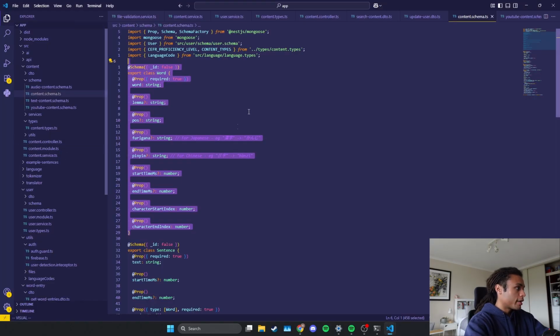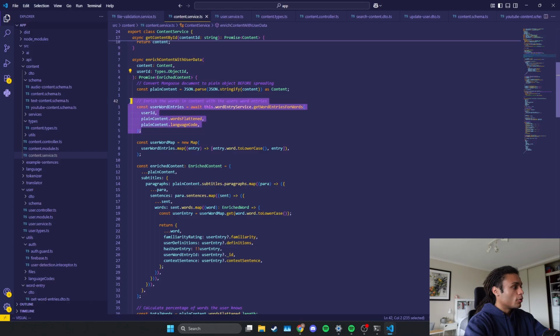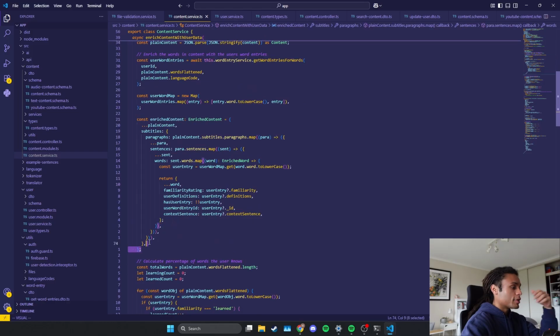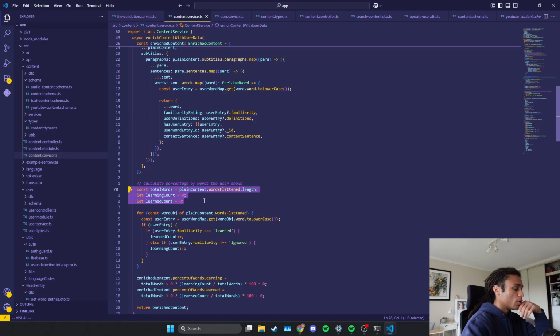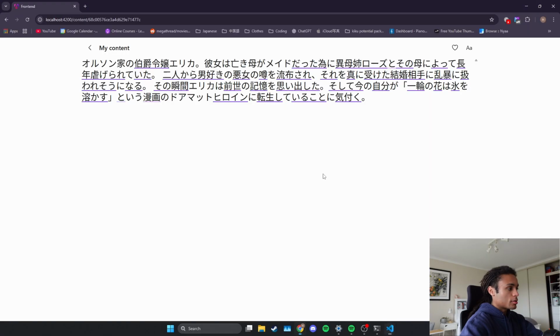what I need to do is, before I fetch the content, combine the user data with the content. To do that, I just got all the user's saved words. Here is where I'm actually enriching the content with the user data. I'm going through all the paragraphs, sentences, and then words in the content. If the user has an entry for that word, then I'm updating it to give it their familiarity, what definitions the user has for that word, and the percentage of words the user knows. That enriched data gets sent to the front end, and now I can just display these nice colors,